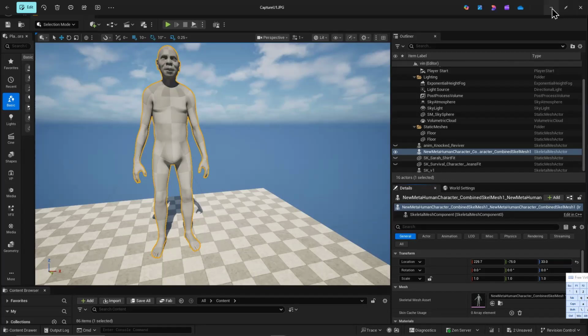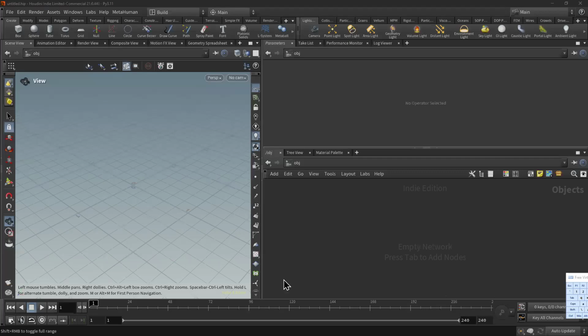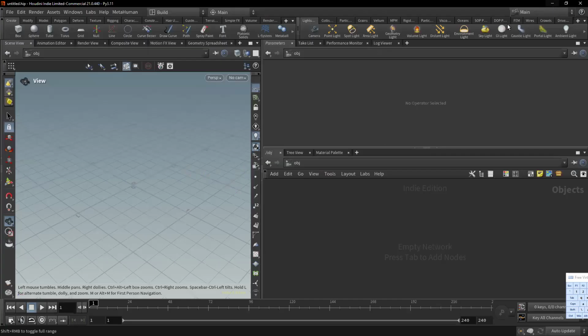And then I went over to the assemble area after I created a full rig for her character and exported the DCC export as a zip file to my computer. Once I had that, I opened up Houdini 21, which you should open now, and